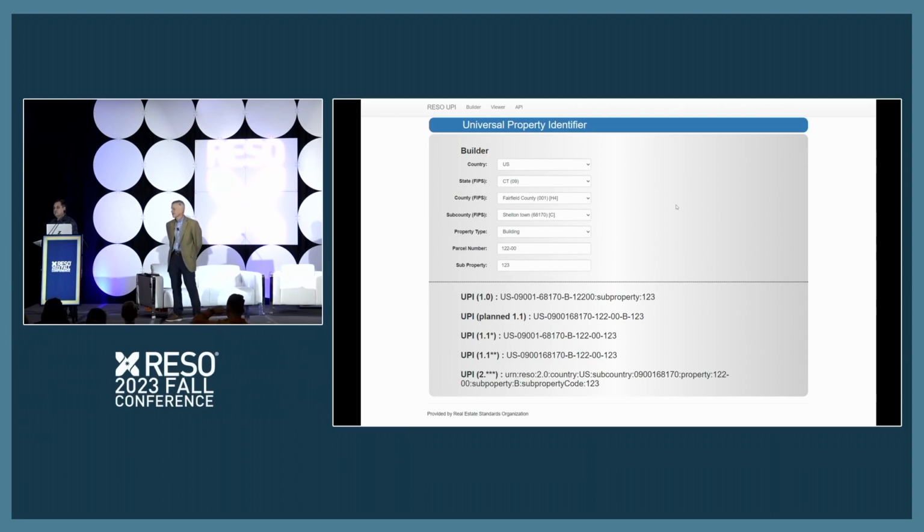Right, and that's where, of course, it's hard to have a backward-facing solution. In an ideal world, those two MLSs could have been wildly different data providers, but if we had that UPI in place and they use AutoPop, then they would have had the same parcel ID. As far as fixing historical listings with mismatched parcel IDs, I'll defer to Mark.